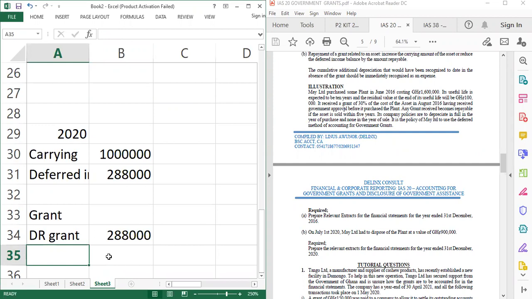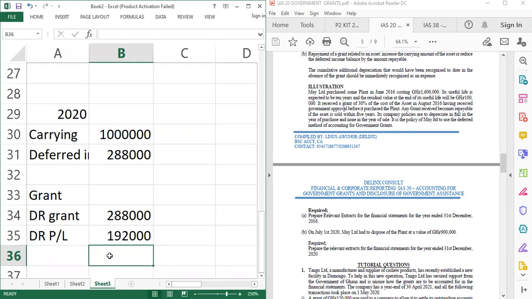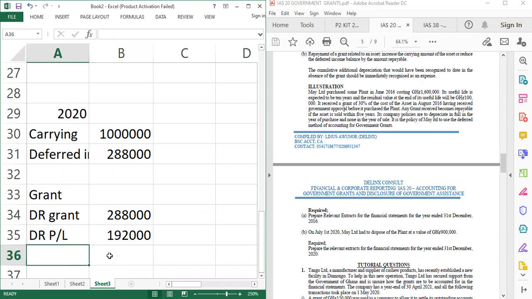Yes. It means that those grant incomes that we have sent to the statement of profit or loss should not have been sent there at all, because if you are repaying the grant, it means that the grant was not taken at all. So those 48,000 that we have sent there for 4 years, which is 48 times 4, should not have gone there at all. So what are we going to do? We need to reverse them. Reversing them doesn't mean that you should go and reverse them back. This is an estimate. So the difference, which is 192,000, will be sent to the statement of profit or loss to cancel the previously recognized grants.